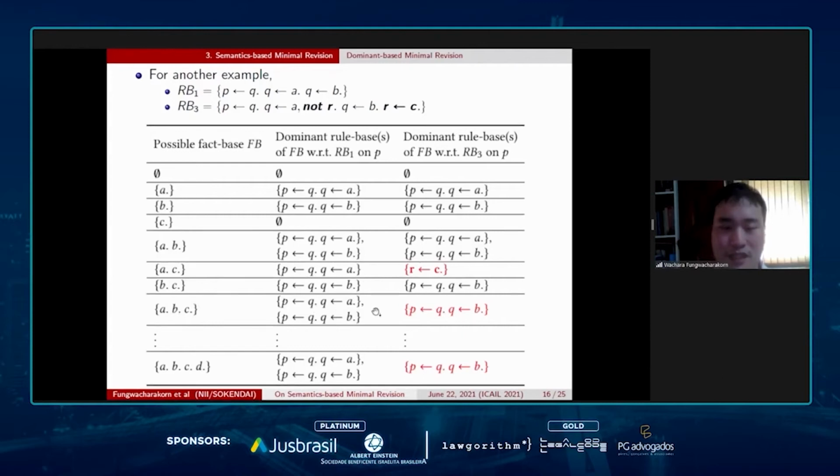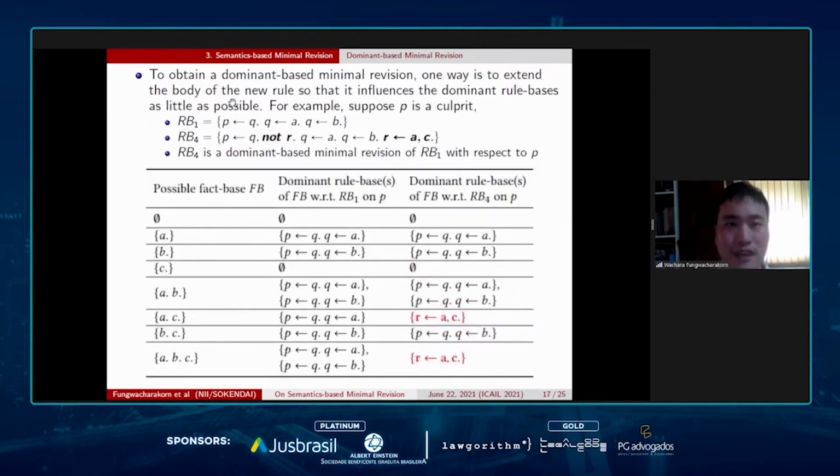So this pattern stays the same when we extend the fact domain. If we extend it to ABCD, we will have the same pattern here, but we do not count how many fact bases there are, only count the patterns. So this kind of difference is independent of the extension of the fact domain.